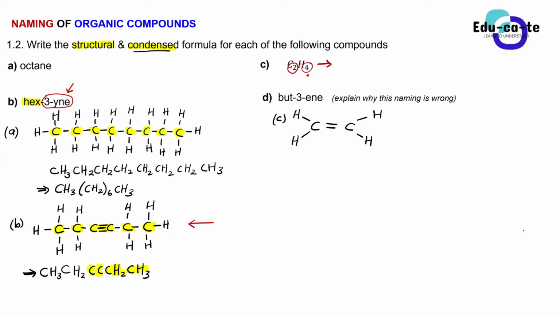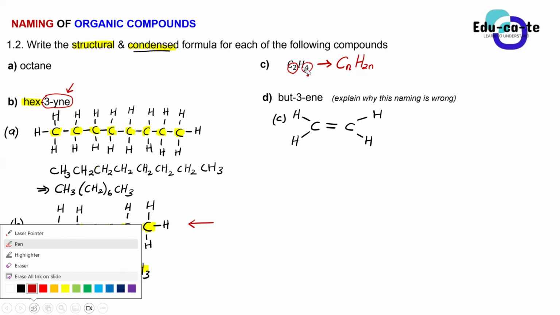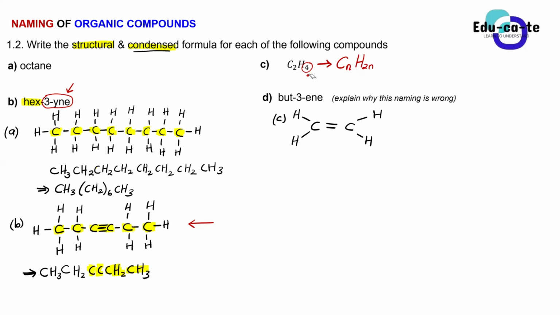So in a general way, it means that when you've got a certain number of carbons, to find the number of hydrogens, we multiply it by 2. And this is the general formula for what? For alkenes. So once you see that this is a hydrocarbon, number one thing, it must only have carbon and hydrogen atoms. From this molecular formula, we only have carbon and hydrogen. So this is a hydrocarbon. We don't have any other atom in the molecular formula.